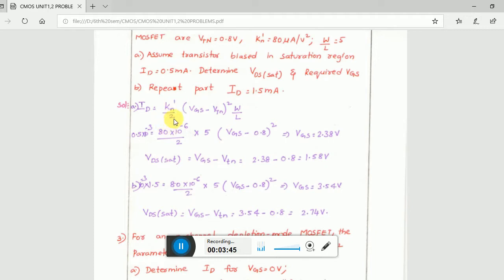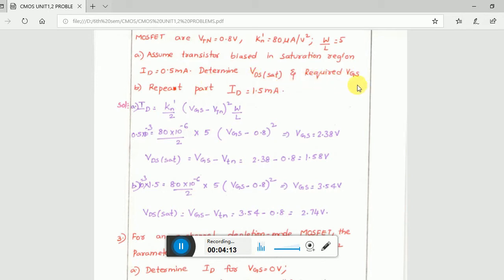So Kn dash by 2, and W by L is inside the formula. If W by L is given, you have to keep it. If it is not given, just remove it; no need to worry. If it is given, you have to keep it. So W by L is 5, and for the MOSFET VTN is given, Kn dash is given in enhancement mode. We have to determine Vsat